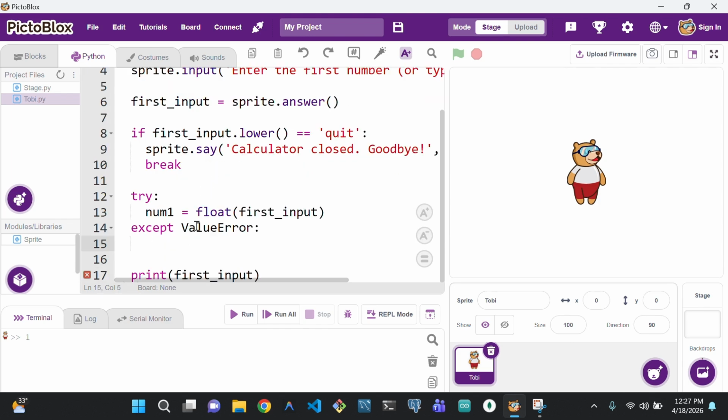Because I'm just bringing try and except into this video, I think in the next video I'm going to dedicate a lesson to it. I'm going to talk about it so you get a good understanding of it. But for now, I just want you to follow along, right? So I'm going to catch the error by putting the name of the error here. This is a value error that will occur, and we're going to say sprite.say, and let's say invalid number, and say please